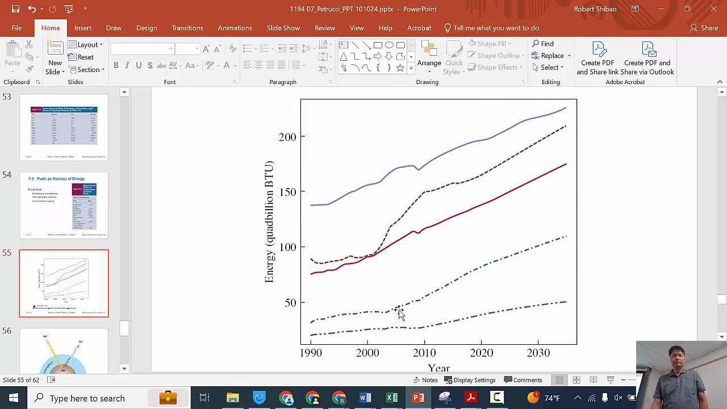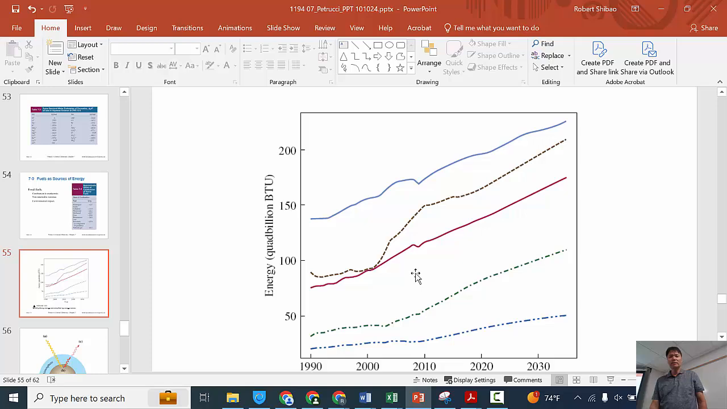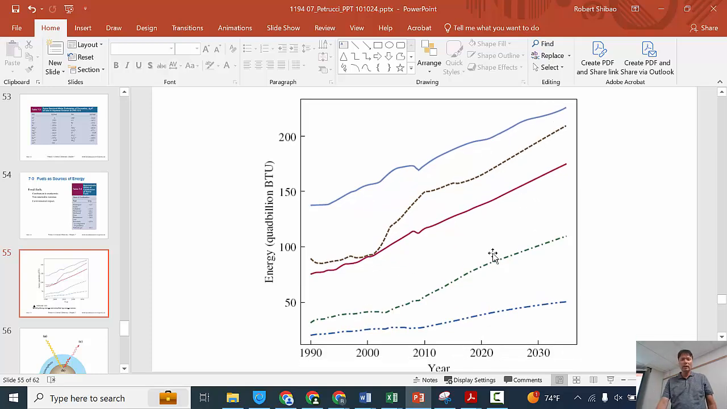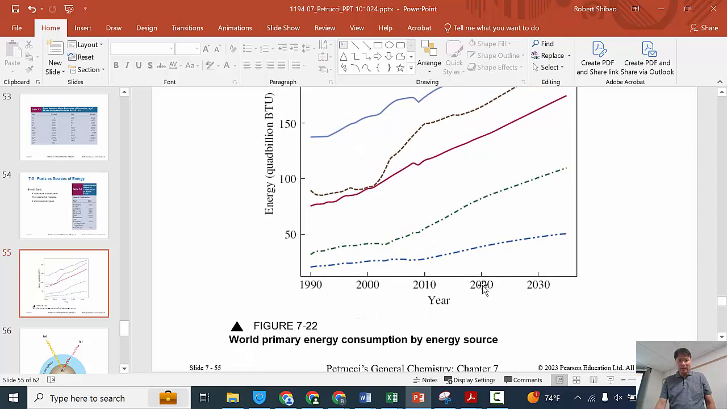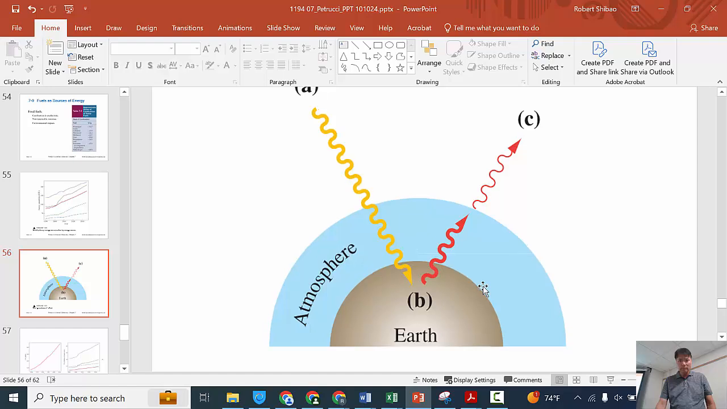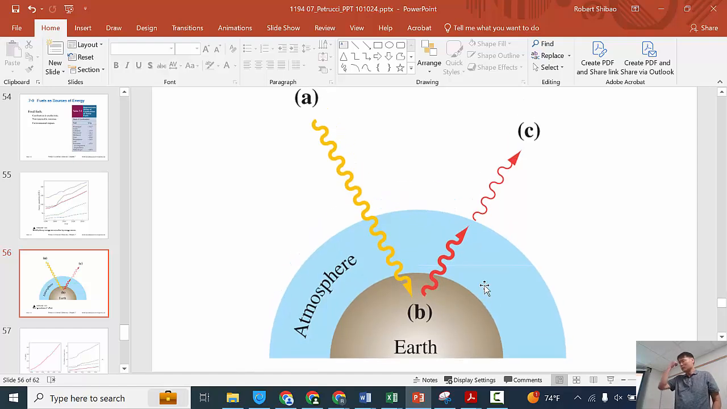But this is a chart showing energy consumption by energy source. But a lot of people are worried about this. When you burn fossil fuels, you create CO2, if you have good efficient combustion. And CO2 is a